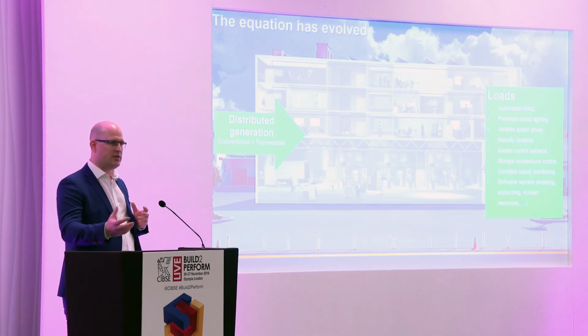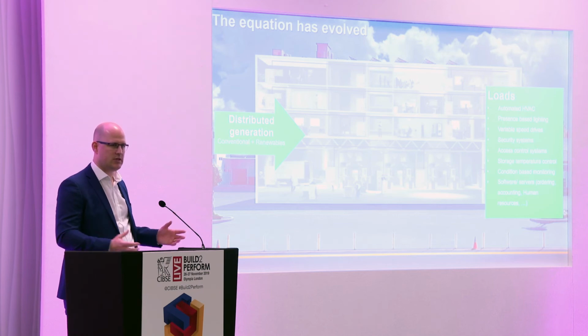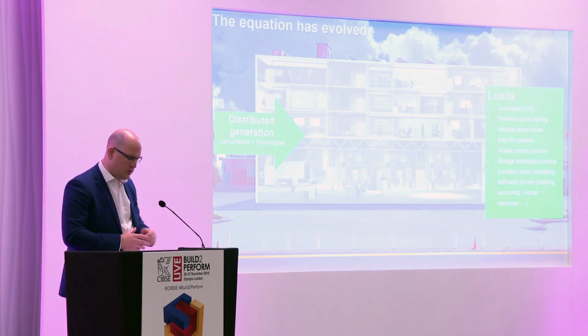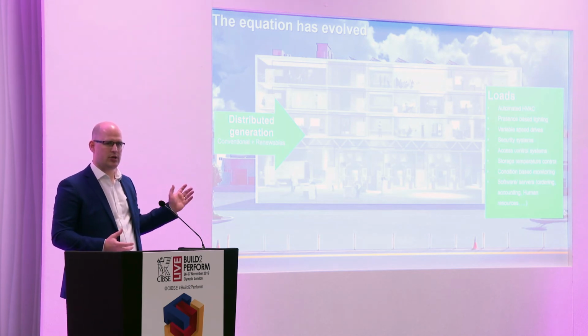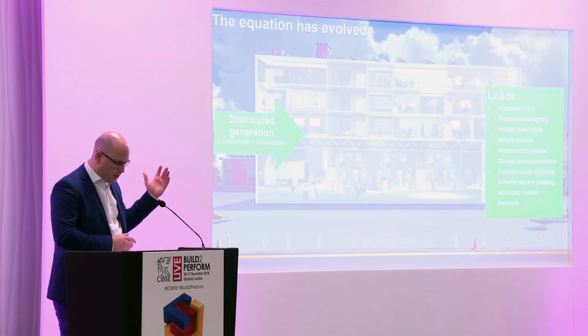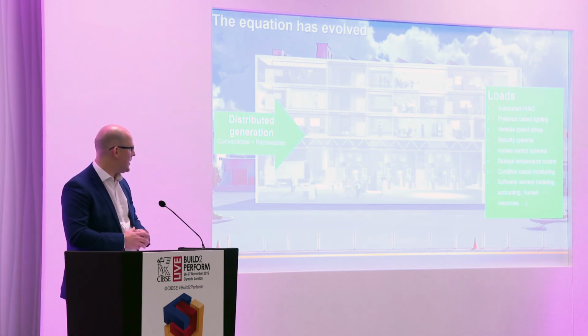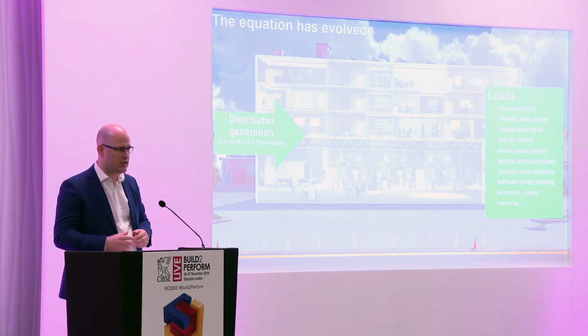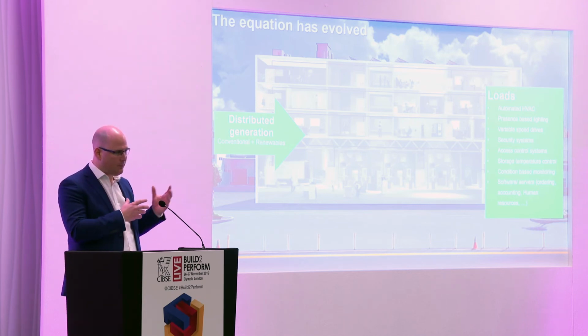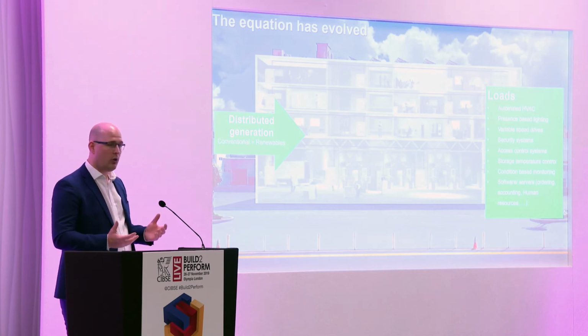So you have utility supply, you have renewable supply on site, you can have multiple types of utilities, so very different in terms of the generation. What you'll also notice is that list of loads has increased, and it's increased a lot from what we had on the previous slide. So we're looking at automatic HVAC, presence-based lighting, variable speed, security, access control, condition-based monitoring, and particularly, you see at the bottom there, a lot more digital.